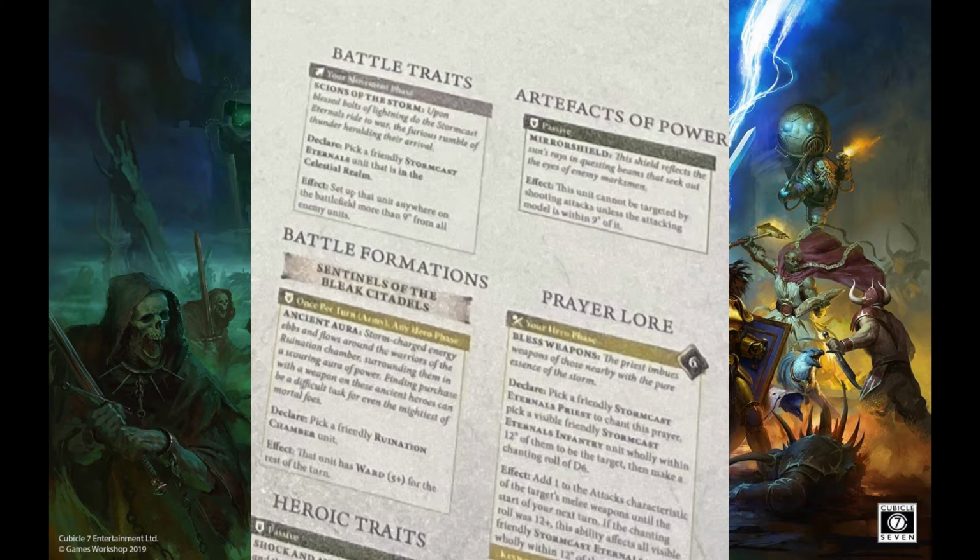It's a very nice one though. You pick a friendly Stormcast Eternal's priest to chant this prayer. Pick a visible friendly Stormcast Eternal infantry unit, so unfortunately, no chariots, no dragons, anything else like that. Wholly within 12 to be the target. Make a cast and roll a d6, so you roll 1 dice. The effect is you get +1 attack, +1 to the attack characteristic of this target's melee weapons till the start of your next turn. If the chant and roll was a 12+, this ability affects all visible friendly Stormcast Eternals,